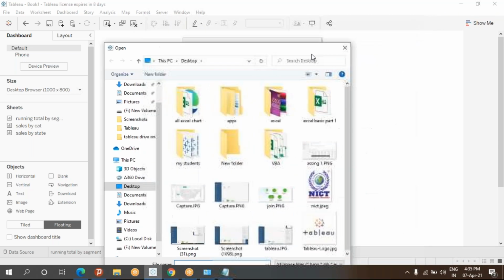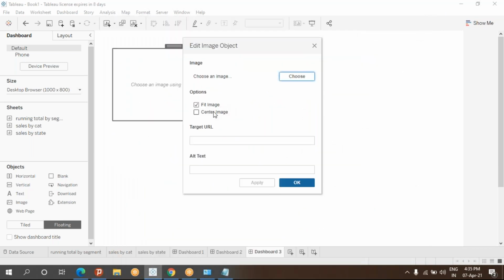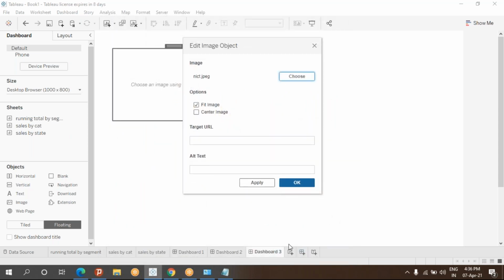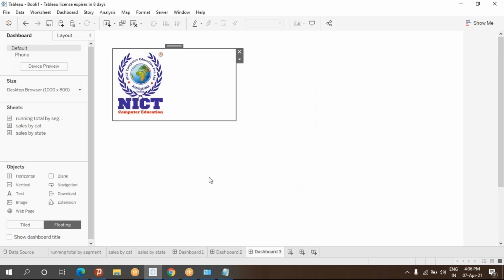So here we have another two options: fit image, center or fit. So let it be fit only. Choose an image. And select the image. And then give apply and OK.